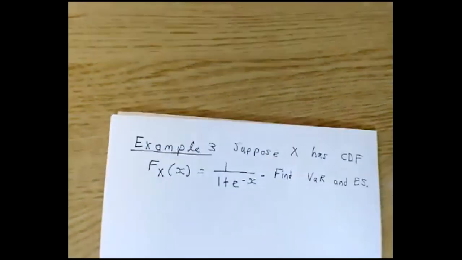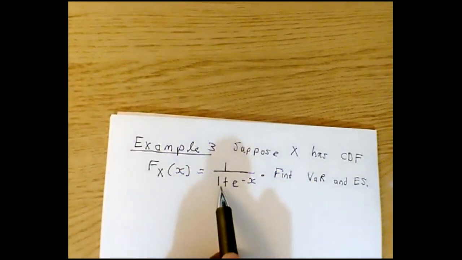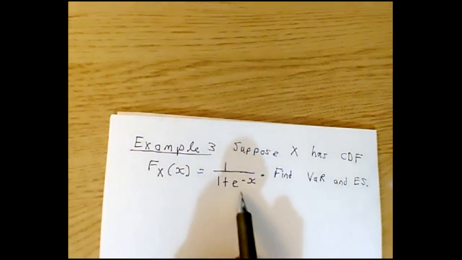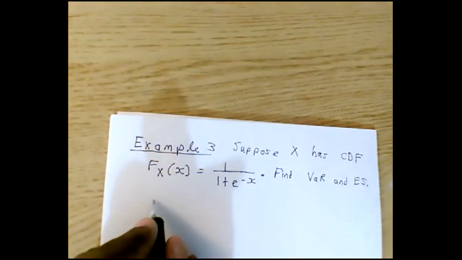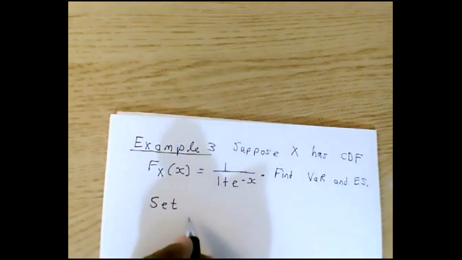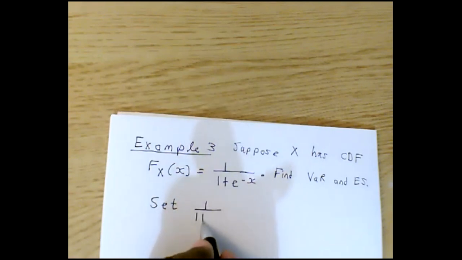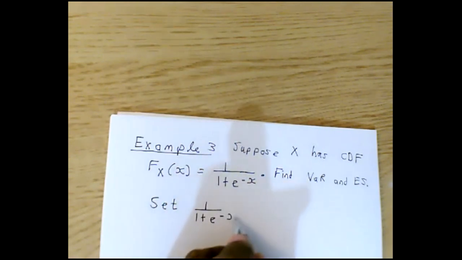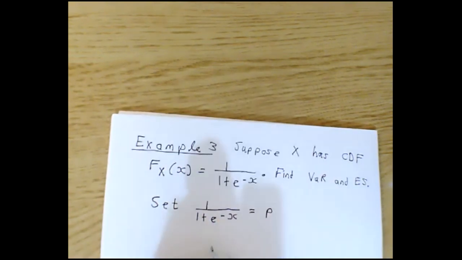All right, so here the CDF is given by 1 divided by 1 plus e to the minus x. So to find VaR, you just set this to be equal to p and solve for x in terms of p. So this will be